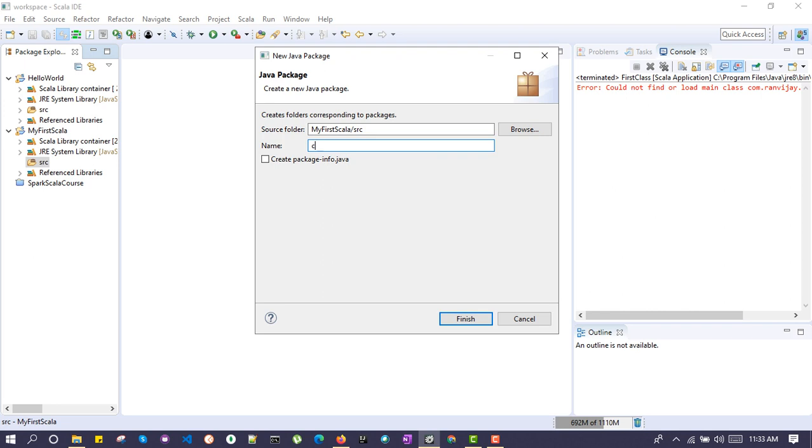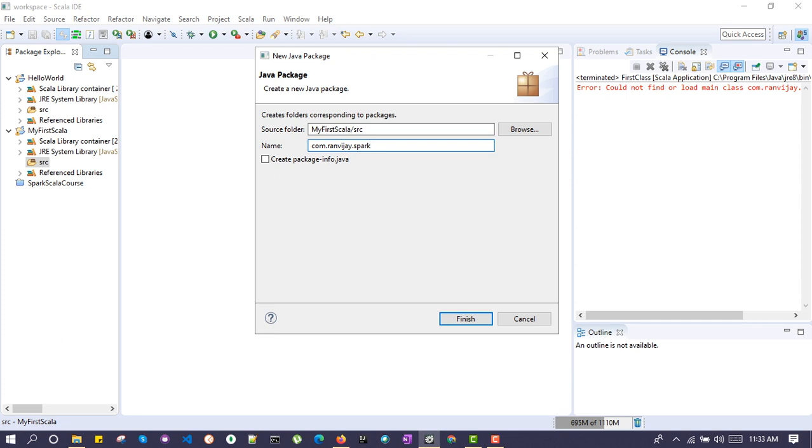We will give the package name com.ranvijay.spark, and this package name is given based upon the Java convention. You can see here the Java package name is provided.